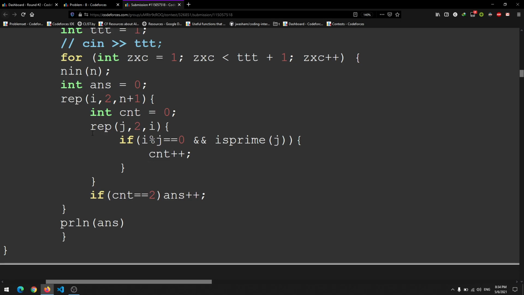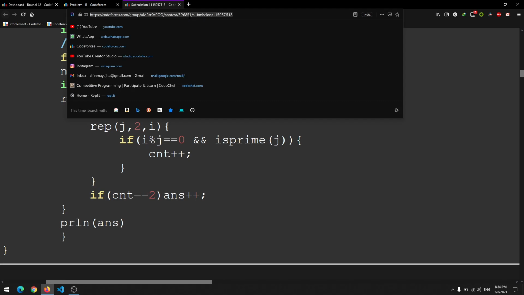After we are done with all of this, we check if the count is equal to 2, then we increase our final answer by 1. Else we do not increase the counter. Like we need to have two prime divisors, right?